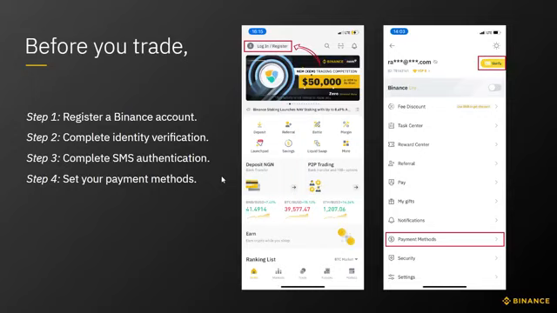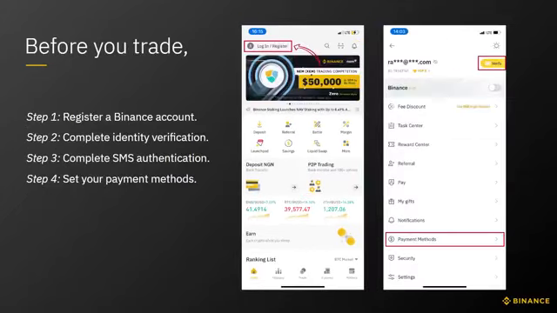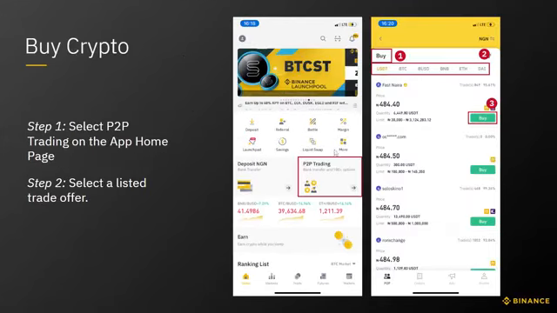So register your Binance account. Once you register, complete your identity verification. You see this side that shows verify, you need to verify and upload what Binance asks you to upload. Then you complete your SMS. Use that link, then you can go on to download the Binance app on the Google Play Store. Ensure you use that link so I can get the bonus of today's class. Once you have completed your SMS authentication and set up your payment method, you're going to see on your app